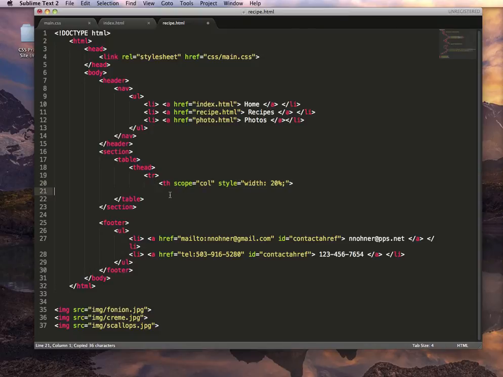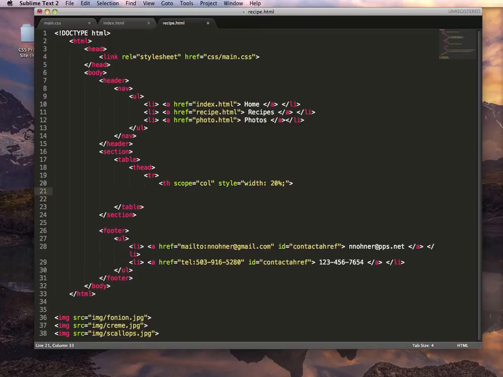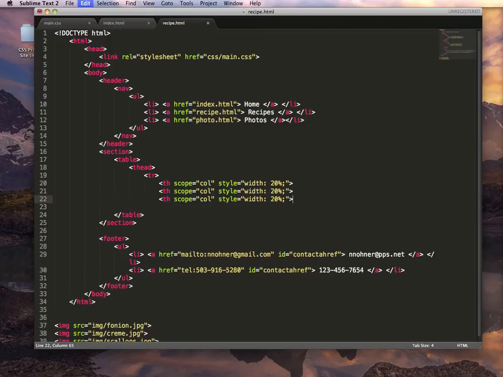So I'm going to copy and paste this. Remember, we're inside my first row, and now I want to figure out how many columns I want. Sound good? Awesome. So I need to figure out what I want to name on my recipe pages. I know I'm going to want, let's say, the food